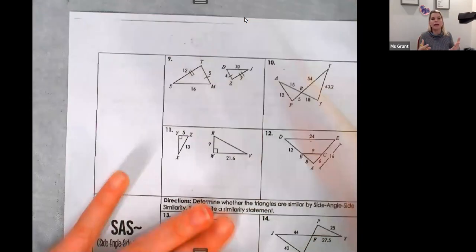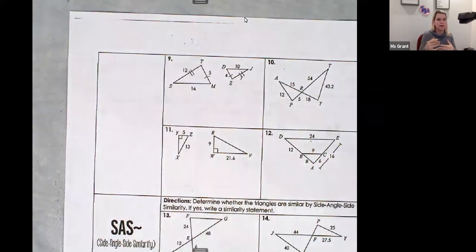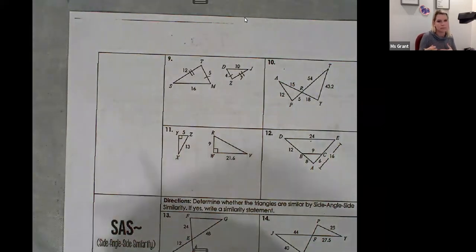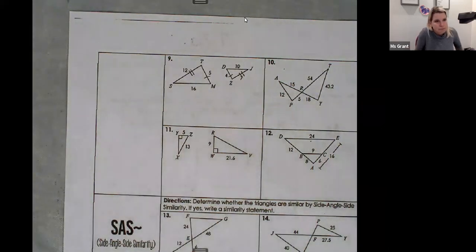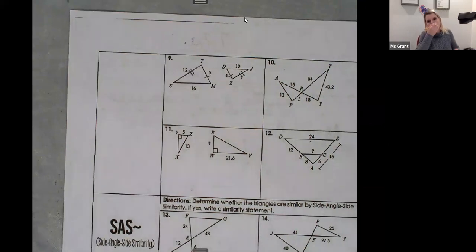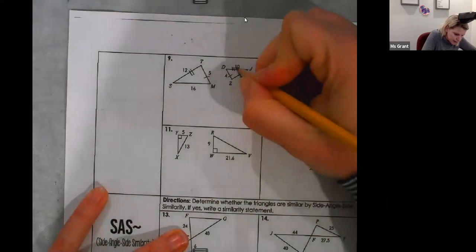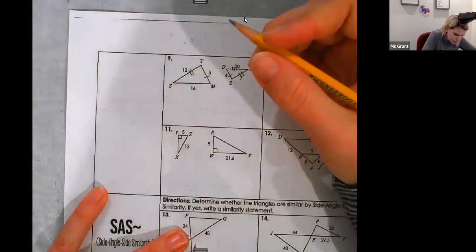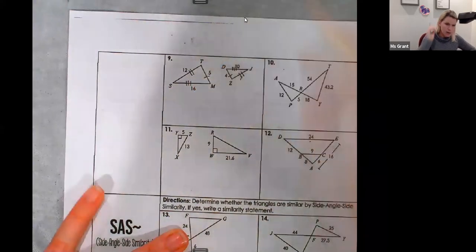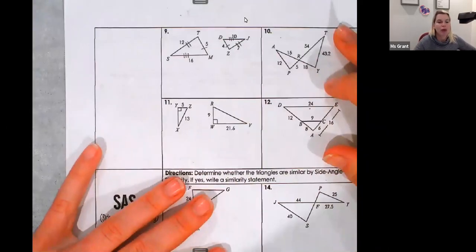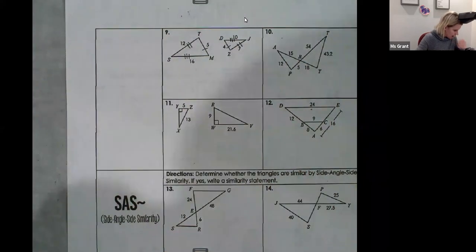And I'm just looking at the sides and deciding which ones. Then 10 goes with 16. So this is what I'm hoping for. I'm going to write a proportion out. And I'm hoping for